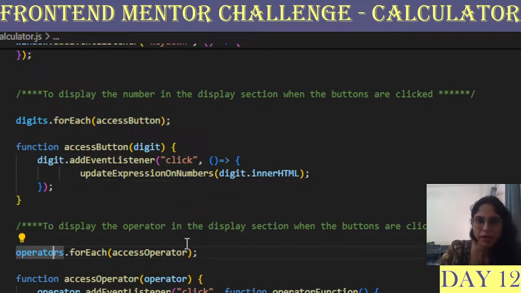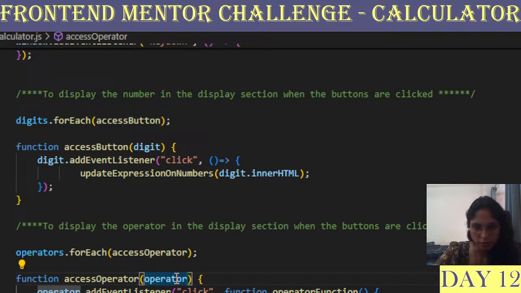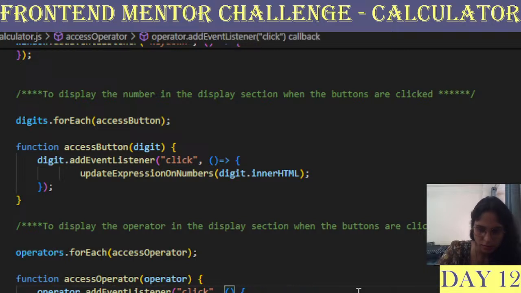Then for operators like plus, minus, multiplication, division, you are accessing every operator and looking for the click function, and this name is also not required, so I will again just use the arrow function.